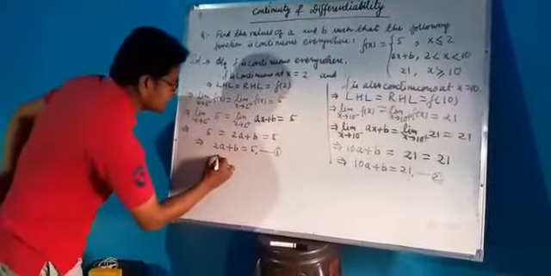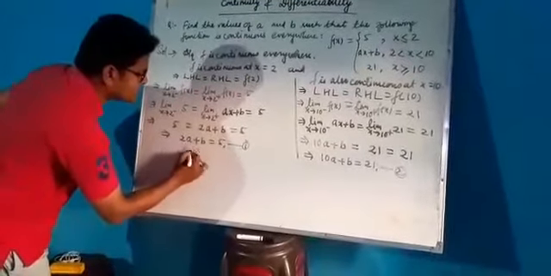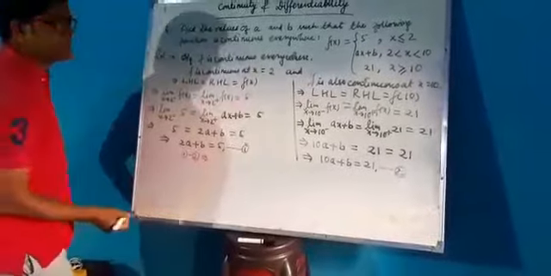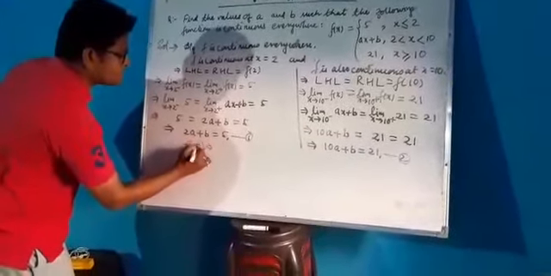So let us see. I am using the easier one. Equation 1 minus 2, or 2 minus 1. Let us do 2 minus 1, then we will find easier values.